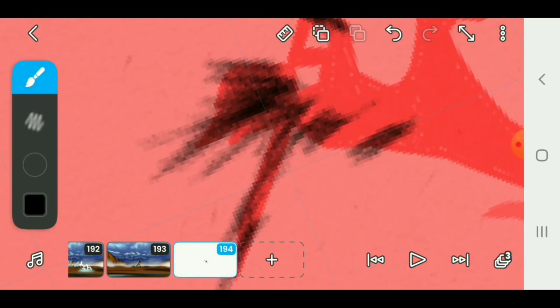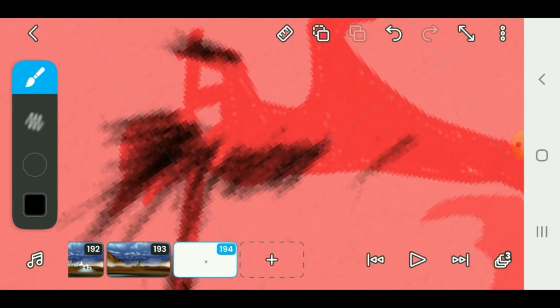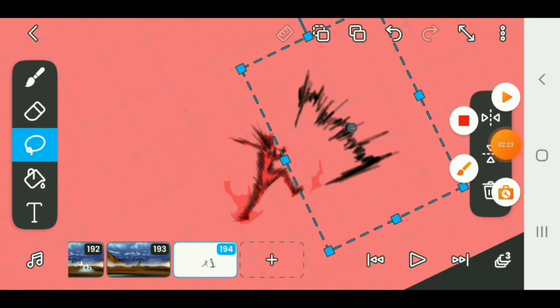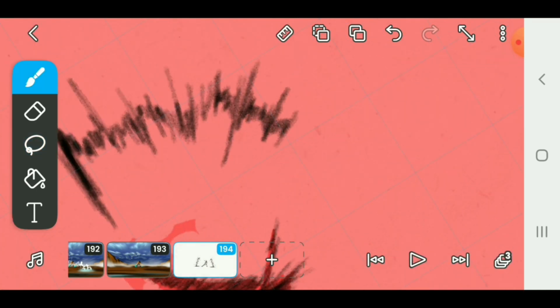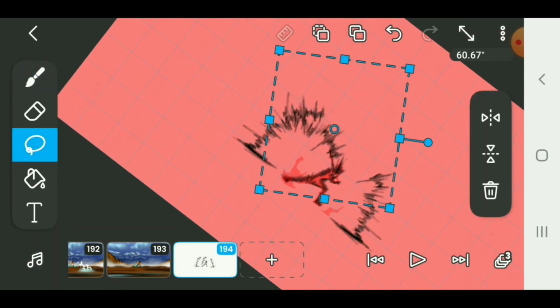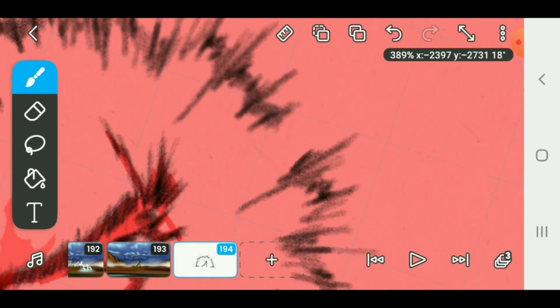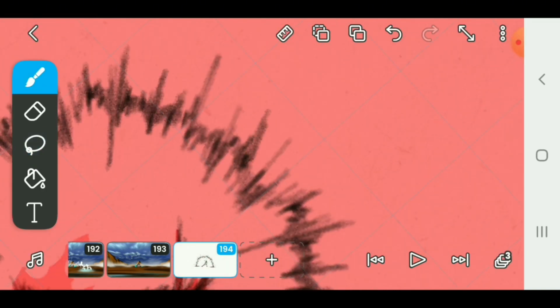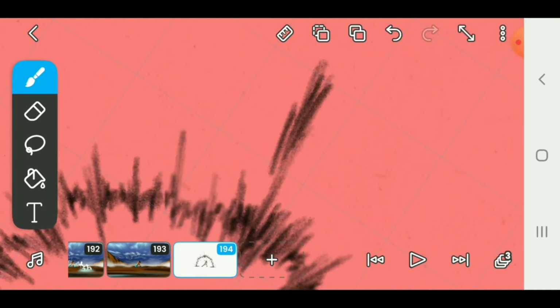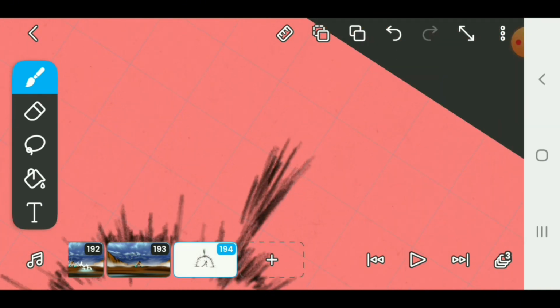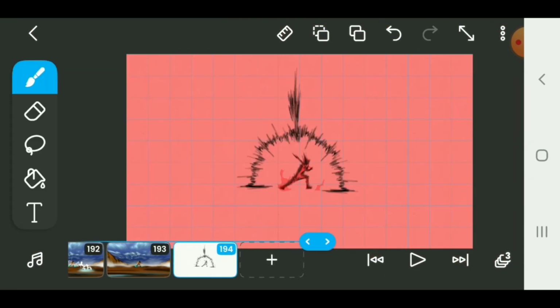So this one is going to be quite intense because I'm going to try and show the difference with both lightnings. One is a bit stronger than the other, so this is where the animation is going to differentiate the strength of each lightning. So the impact frames are going to come in,